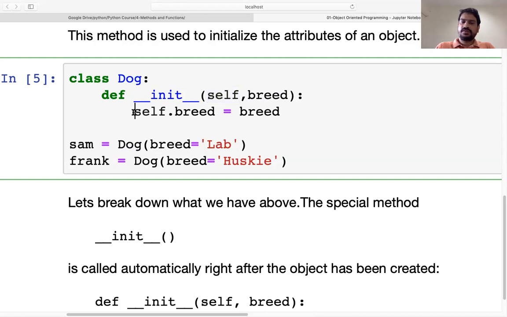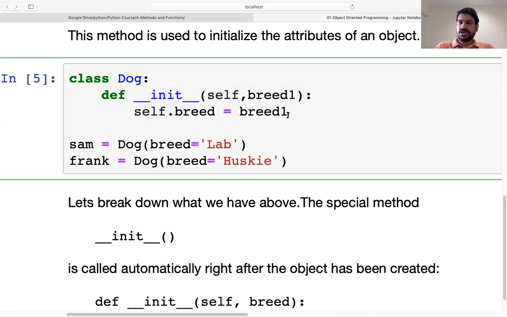And this is how we can define the object. So the object is breed. We'll write self.breed equal to breed, that particular variable. So this variable and this variable should be the same. But this is your attribute. Getting it? Don't be confused with that. Now this is your attribute, and we define the attribute with self.attribute, and that attribute will be given some initialized value, and that value will be given through the init function.